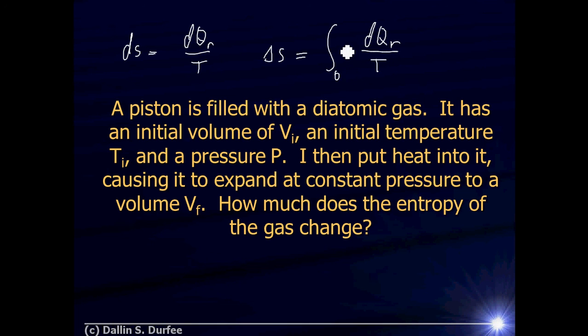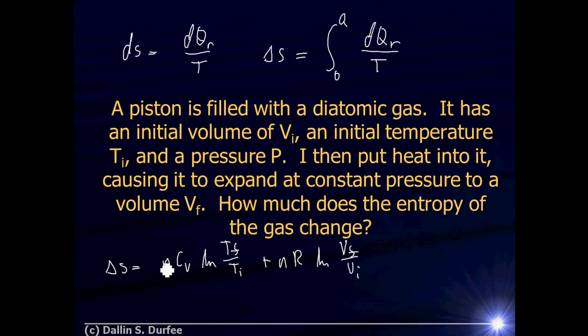So I just need to find some reversible way to get from my initial state to my final state, all right? We don't really need to do that because, as you recall, in the previous lecture video and in the homework, you will derive a general formula for the change in entropy for an ideal gas undergoing any process, reversible or irreversible, what have you, all right? And that turned out to be that the change in entropy was just nCV times the natural log of the final temperature over the initial temperature plus nR, natural log of the final volume divided by the initial volume. All right? Okay, so all we need to do is find